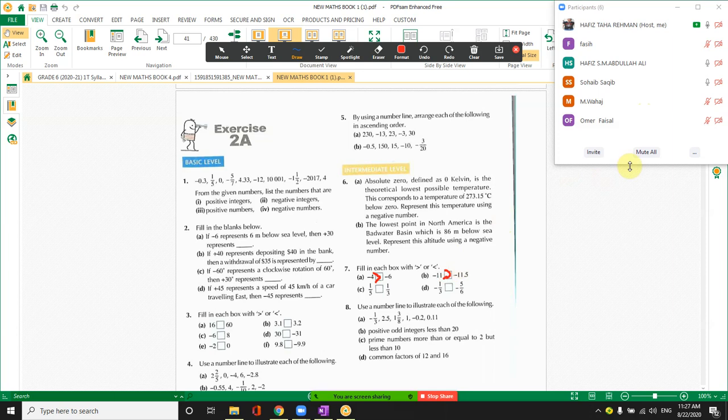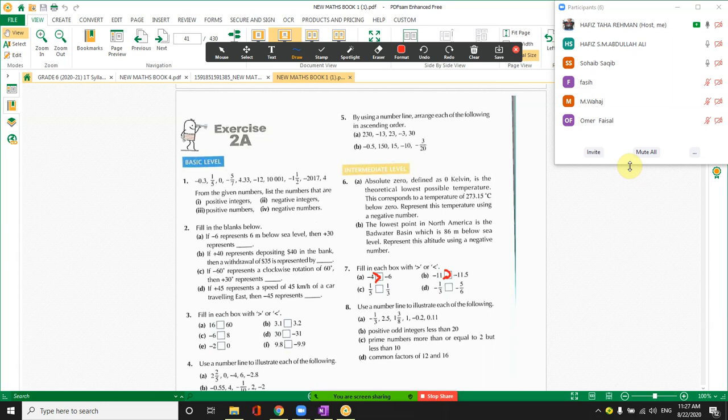So here, Saqib. 1 upon 5 or 1 upon 3, which value is greater? Sir, your voice is coming slow. I am saying, beta, is 1 upon 5 the greater value or 1 upon 3? 1/5, how can you say? Sir, 1/3 is the greater value.